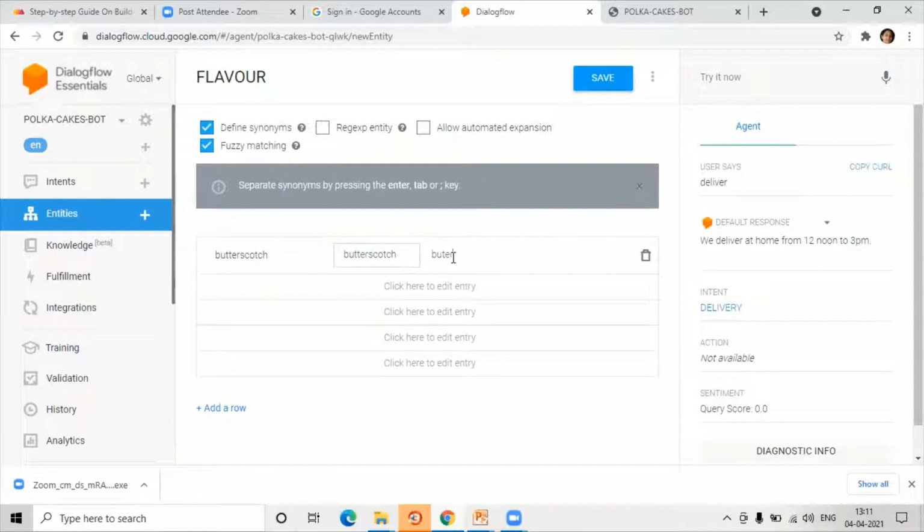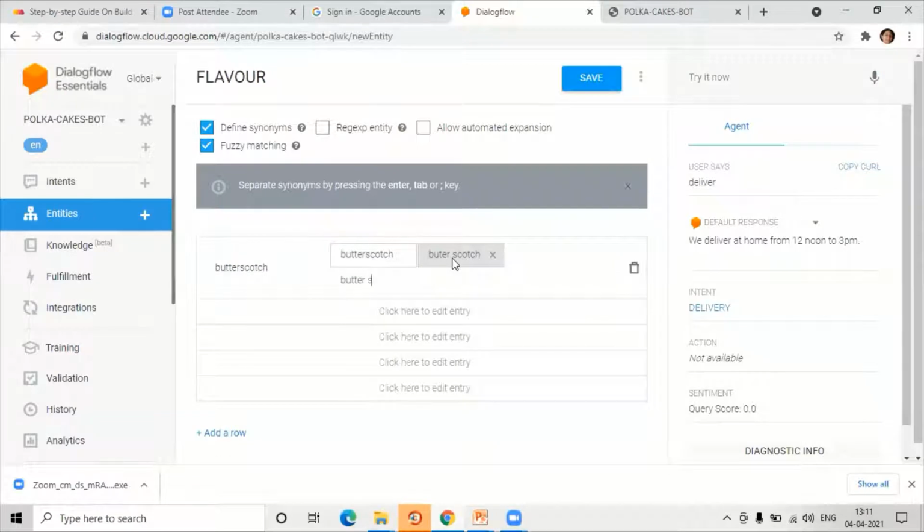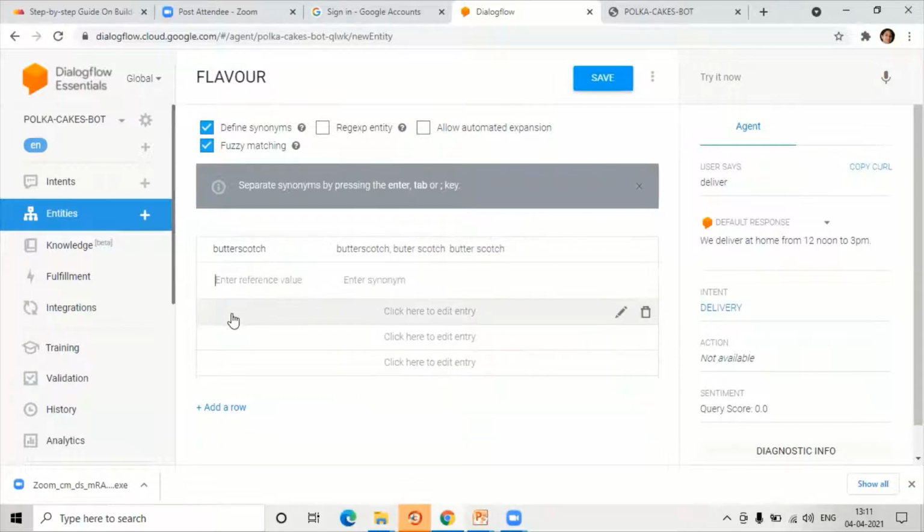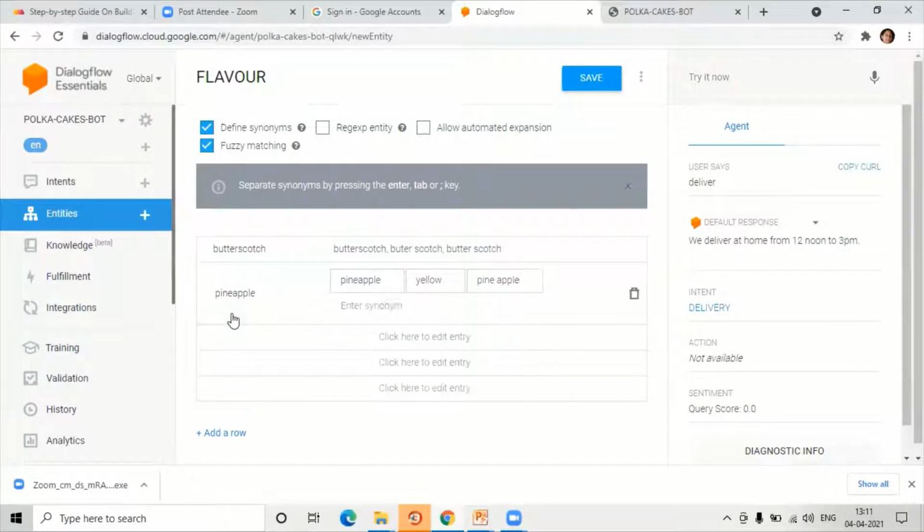Someone may type it with the wrong spelling, and we have to catch that also. Any other thing that you can imagine, you can type. The second type of flavor that I have is pineapple. Someone may call it yellow color, or write it as pineapple like this.